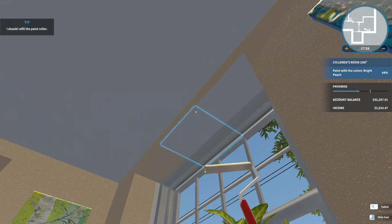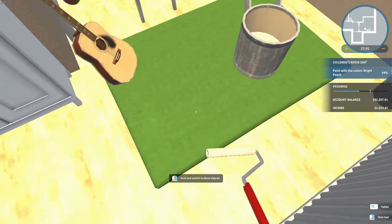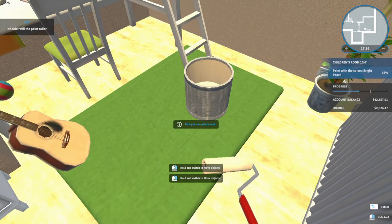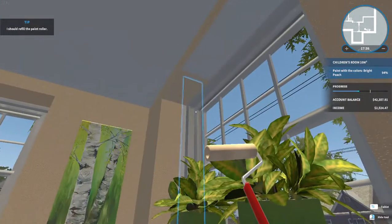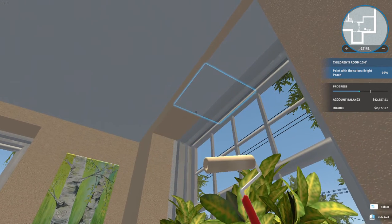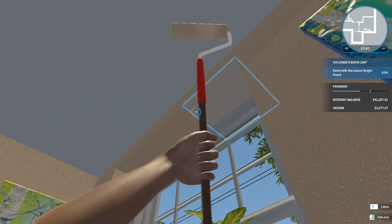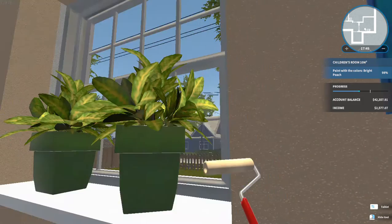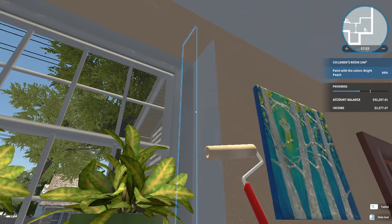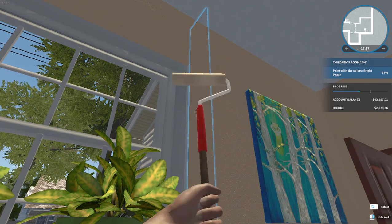So, I need more paint. Come on. Alright, cool. Keep painting. There we go. It's kind of annoying to me that it always ends on a half painted wall with the amount of paint that you get. It's really kind of annoying, but there's nothing to do about it, so...